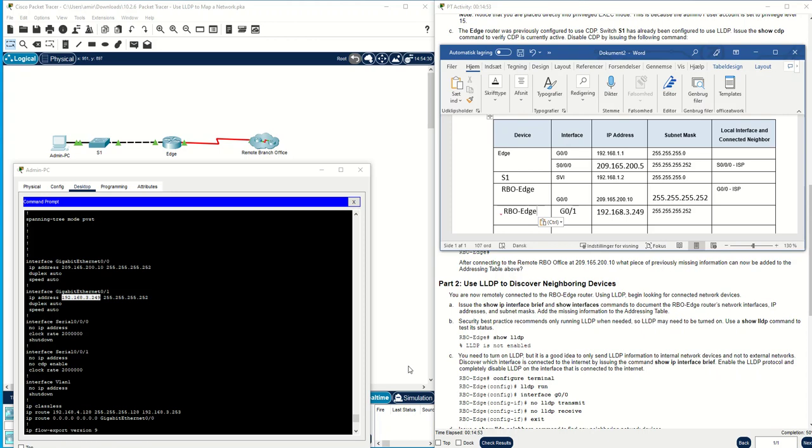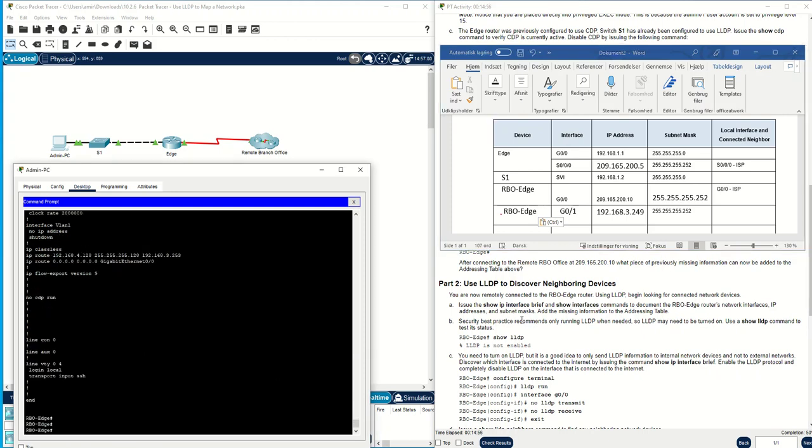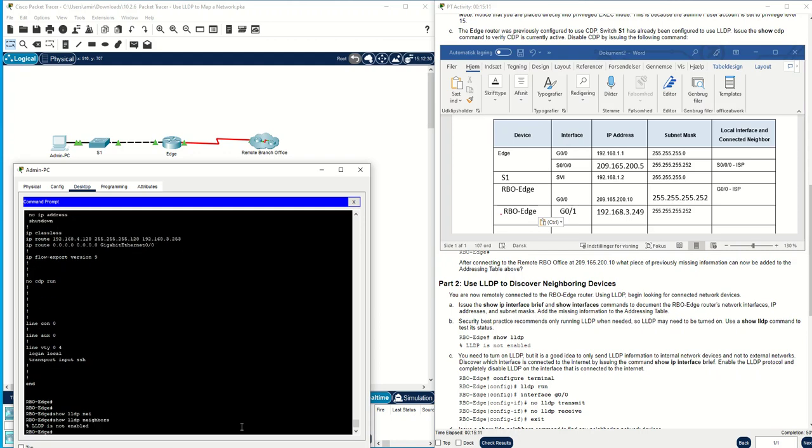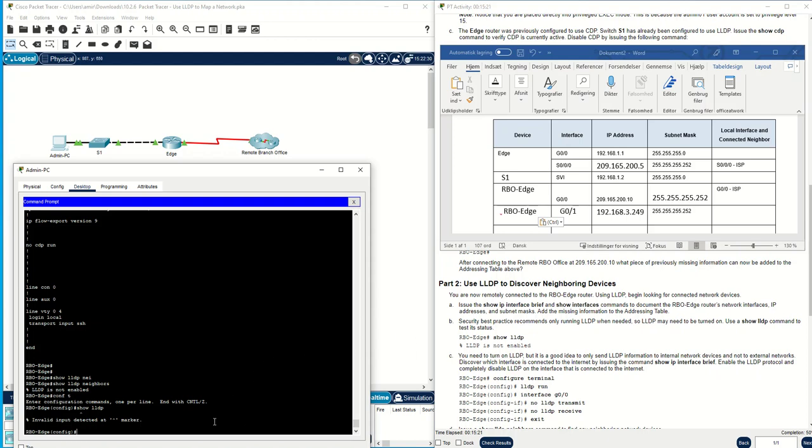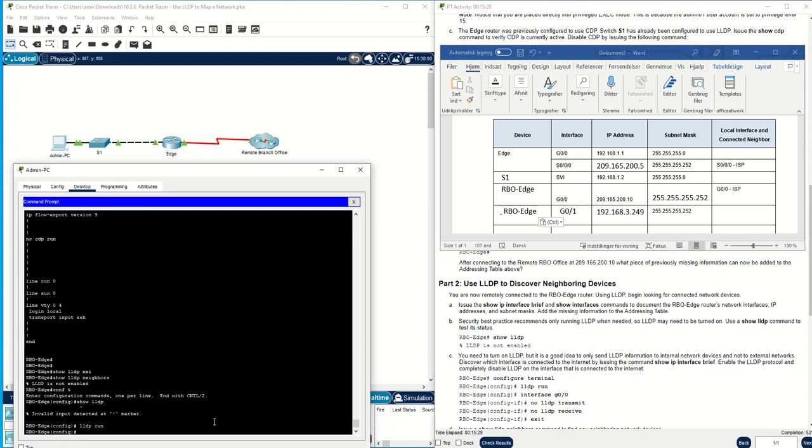Issue the show IP interface brief command that we have done here. Show interface command to document the RBO. Yes, also we have done it. And also you can write here show LLDP neighbors. LLDP is not enabled. You should go to configure terminal and enable LLDP. Excuse me, wrong. LLDP run,